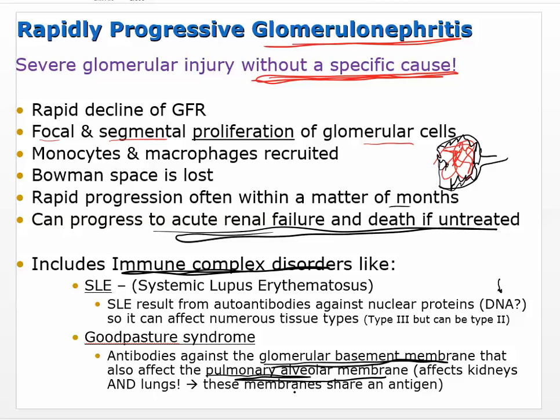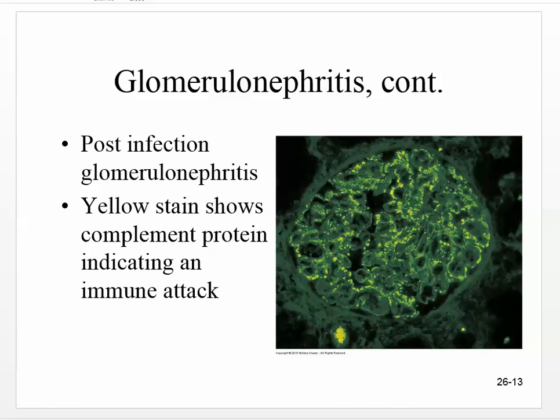So there's obviously some kind of antigen that exists in both of these places, in the glomerulus and in the alveoli. Okay, and that's Goodpasture syndrome. It's your immune system trying to attack some kind of antigen in the glomerulus. Okay, so post-infection glomerular nephritis, and this is a picture showing